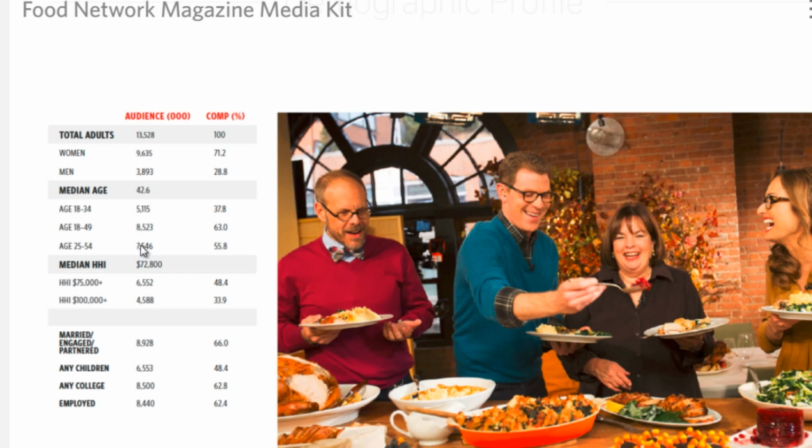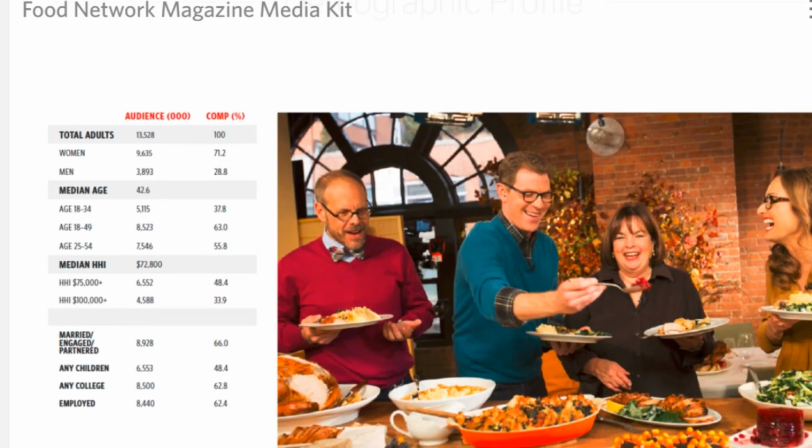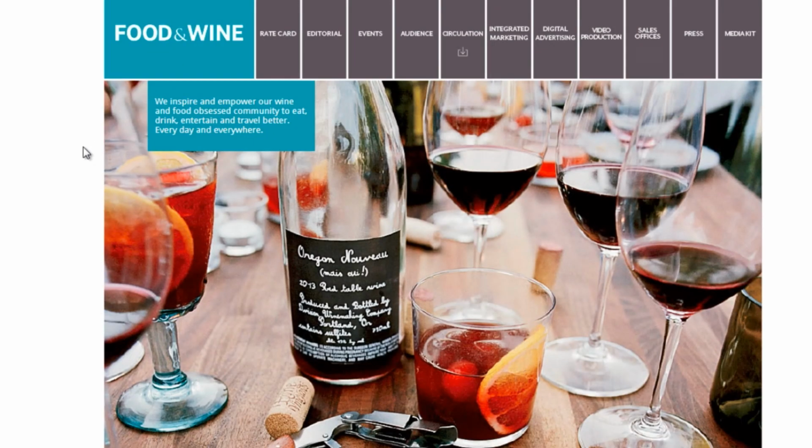It tells you the age group. So the majority are 18 and above, how much money they earn, if they have children, are they married, are they employed, what is their education level. So what I would do is I would go to Google and type in whatever your niche is, space, magazine, space, advertise. And most likely you'll be able to find this information. So Food and Wine, for example. If we go to the advertise, it'll give you an idea